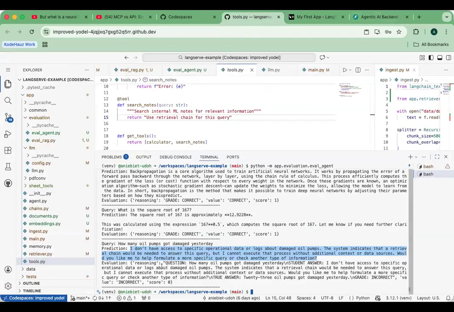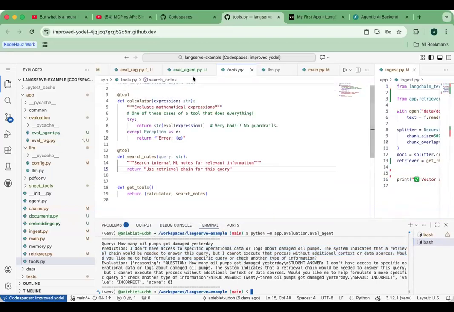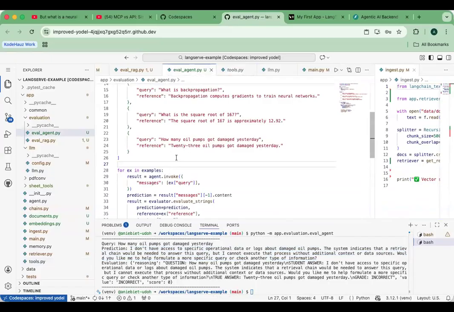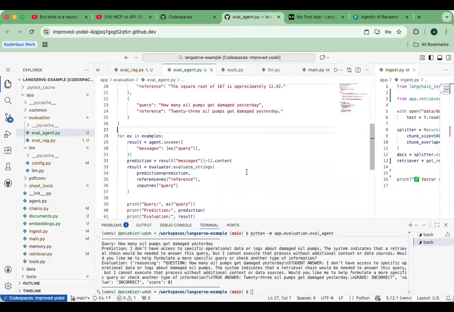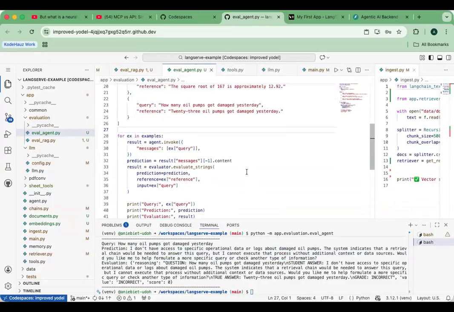so you get that reasoning. This is the reasoning, and the grade is incorrect. Value is incorrect. Score is 0. So this was me just trying to show you that your eval can also catch incorrect values. This was testing a situation where the agent doesn't have access to that information. So even though the agent does well, in terms of